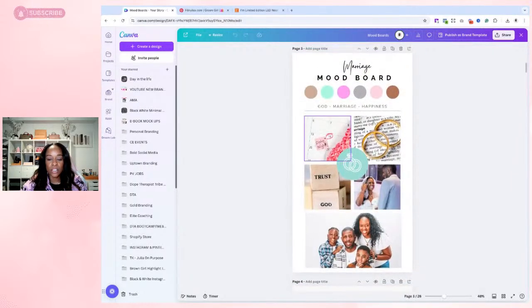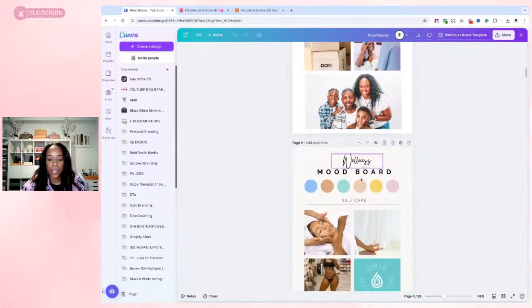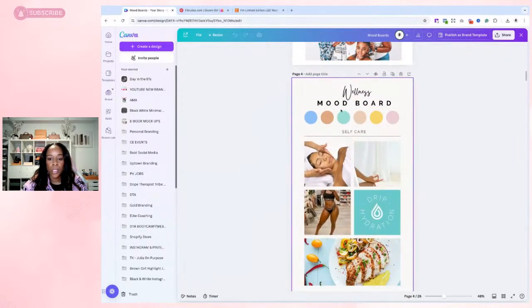Mood board, we actually use these a lot. So I had a marriage mood board, like date night, trusting in God, celebrating our anniversary, putting our family first. Another one was, this is all went on. I actually use these to cut them out and put them on my vision board. It's a lot easier because they're already in mini vision boards, which is kind of cool. So you can use mood boards for your categories versus trying to cluster them if you want.